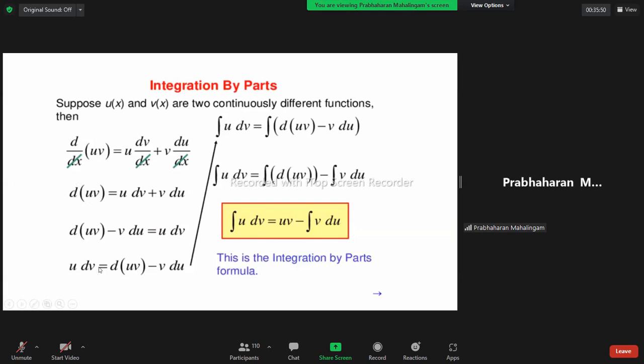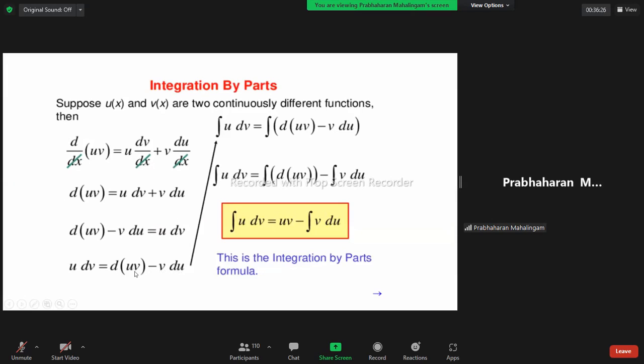That is why we will take u into dv in front, because integral sign u into dx is a normal formula. According to the formula, dv or du, whichever you can take out, no problem, in front. So that is why we will take du out in front. If one is in front, the other one goes to the other side with a minus, subtract. Plus v into du goes there. d of uv minus v into du.